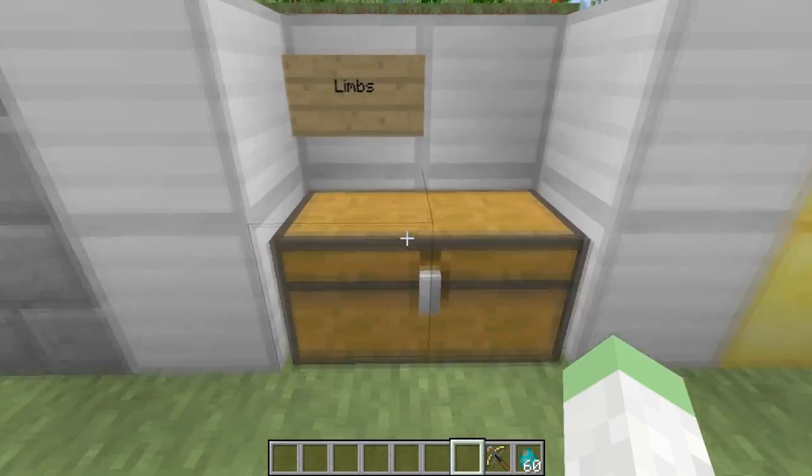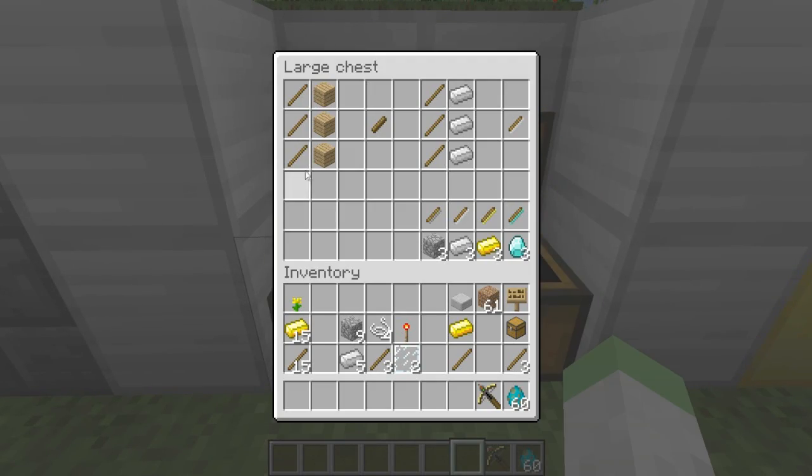So next up we have the limbs, and here's how they work. If you place 3 sticks on one side and you place 3 wooden planks on the other side, you get yourself a wooden crossbow limb. Now this same recipe works with cobblestone, iron, gold, and diamond. So if I were to just replace these wooden planks with cobblestone, I would get a stone limb. Same thing with iron, shown right here. You can get an iron limb. If I were to replace it with gold, I would get the gold limb, and diamond,